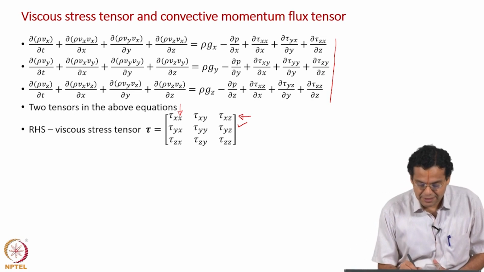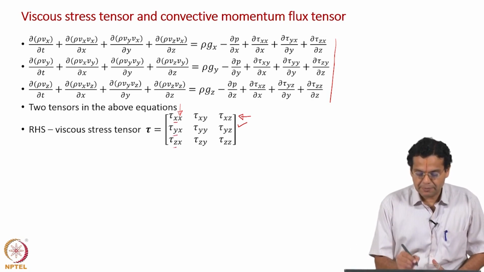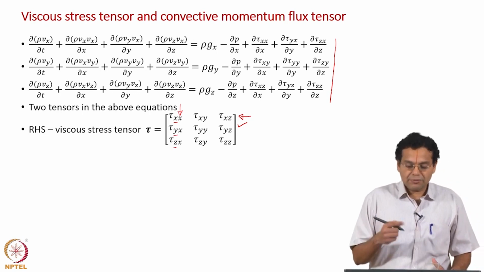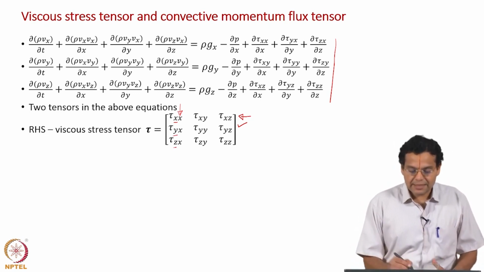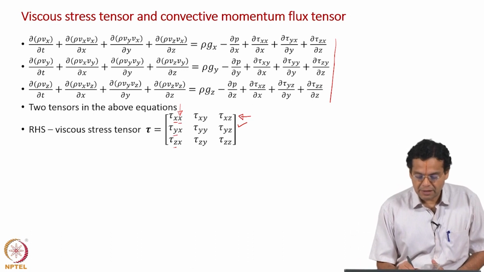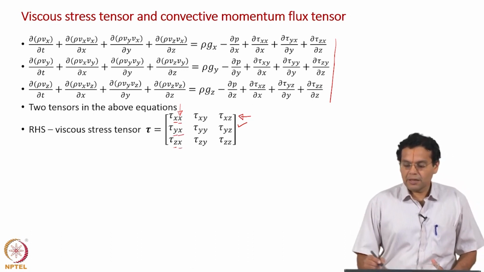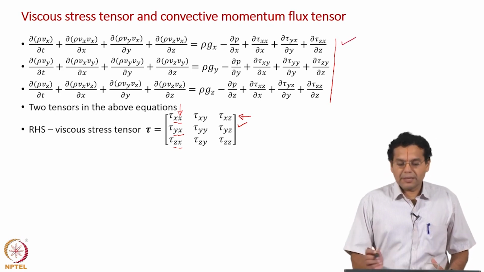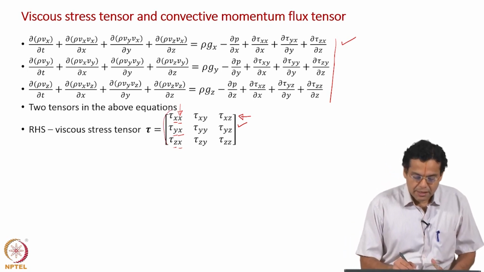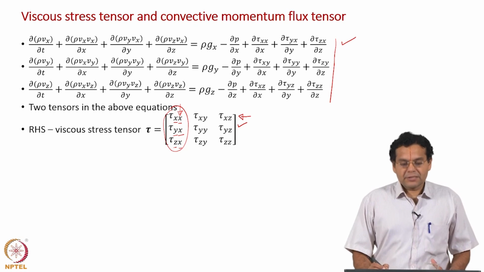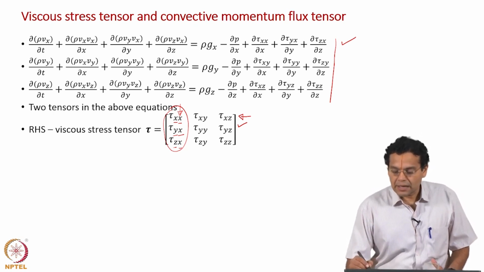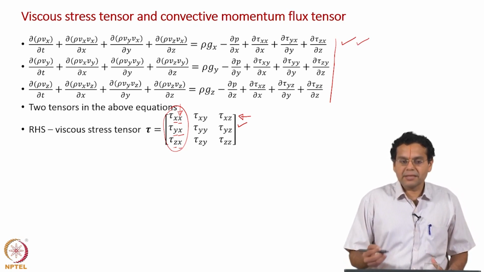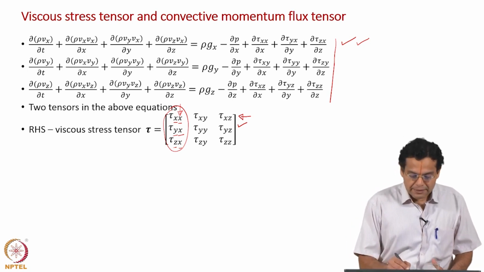Why are there 3 different stress vectors? Because the planes on which they are acting are different, which is represented by the first subscript, but all the forces are acting along the x direction. That is why here you have x, here you have x, and here also you have x. Now we know that in a momentum balance, the right hand side should represent forces along one direction. That is why these 3 viscous stress tensor components are appearing in the first equation, meaning the equation in the x direction, and these 3